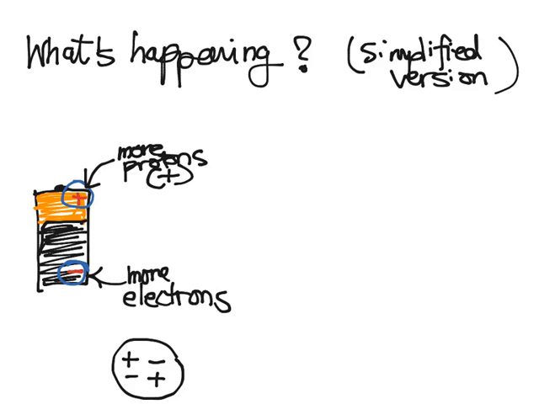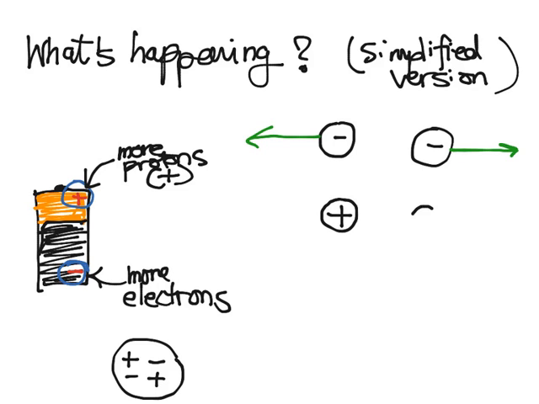Okay, and hopefully you also remember from chemistry or third grade science that if you have two like charges, say you had two electrons and they're both negative, they repel each other, okay? If we were to draw forces on them, they would be pushing each other away from each other. And we know that opposite charges, if you have a plus and a minus, they're going to attract and they're going to be pulled